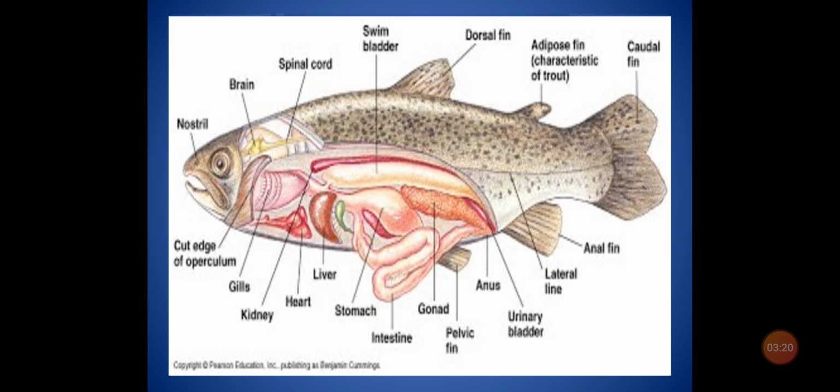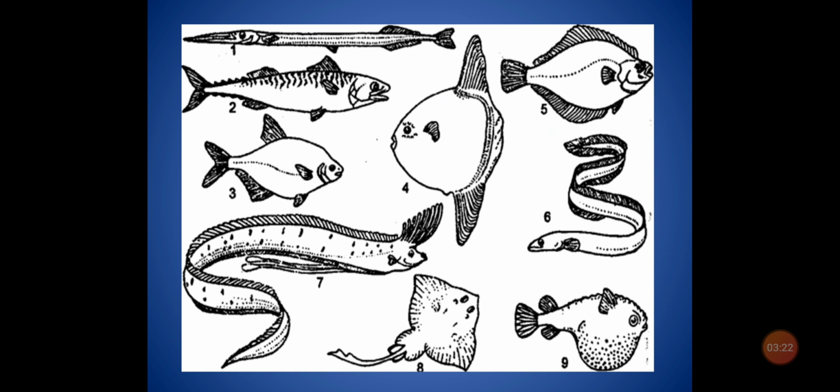Most fish move by alternately contracting paired sets of muscles on either side of the backbone, creating S-shaped curves that move down the fish's body. This force is what propels the fish forward. Because their body tissues are more dense than the water they swim in, sinking is an issue for fish